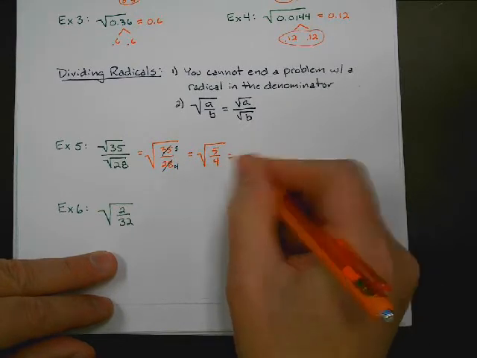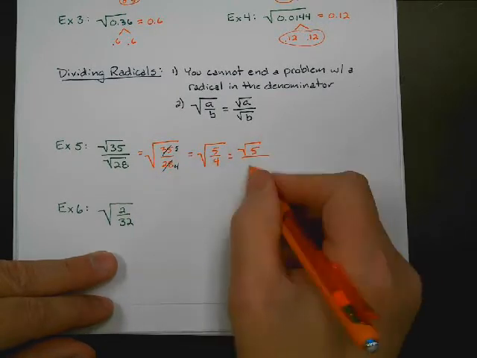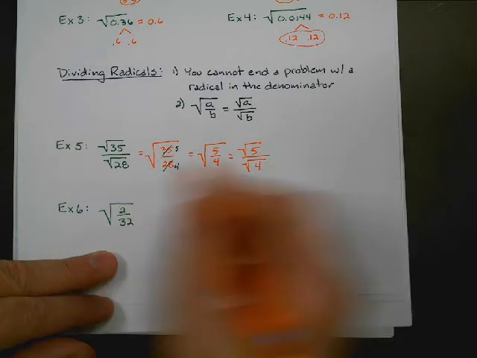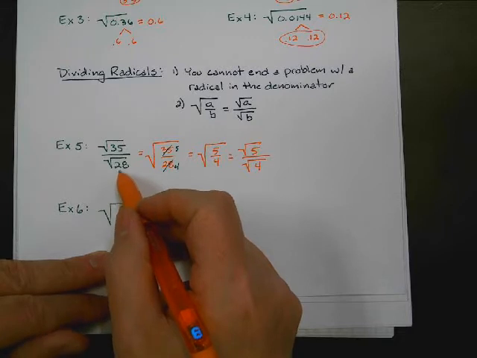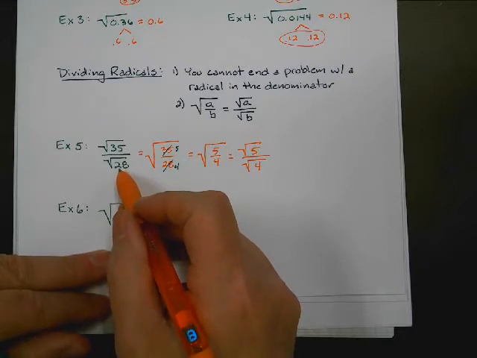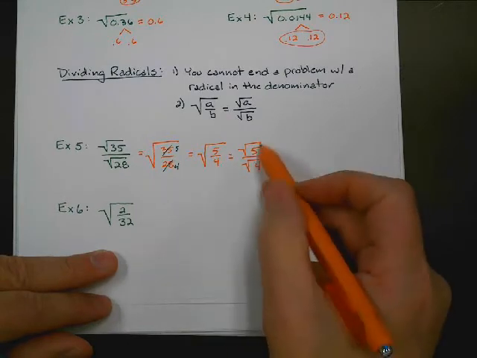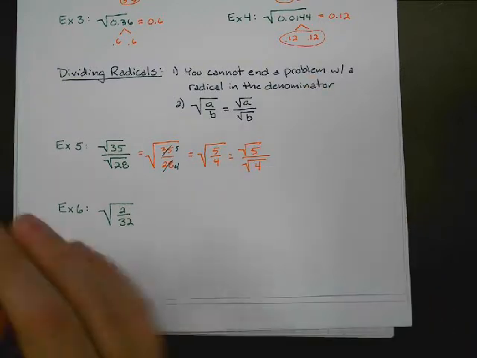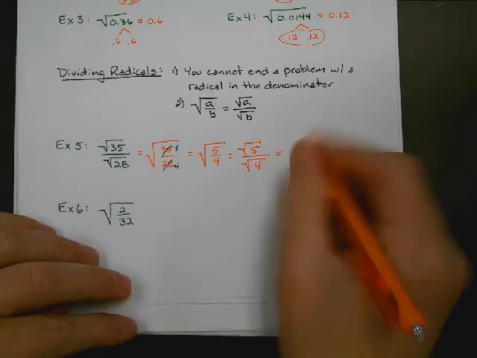So let's split these up real quick. So this is root 5 over root 4. You don't have to do all these steps that I'm doing. I'm just kind of trying to show my work here. You could have just started reducing them right here if you wanted to. And probably if I weren't showing this to you for the first time, that's what I would have done. But anyways, I got root 5 over root 4, not allowed to have a radical in the denominator. That's our first rule up here. But the square root of 4 is 2. So my final answer is root 5